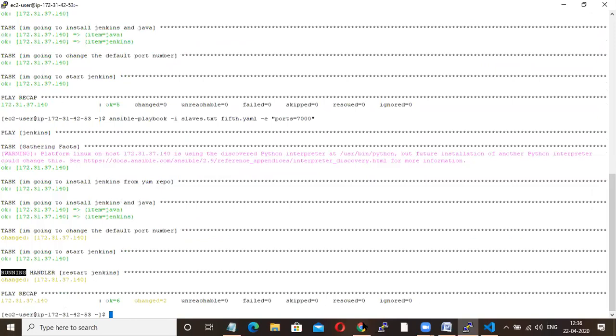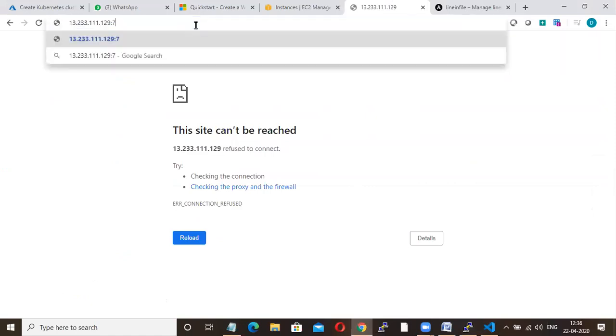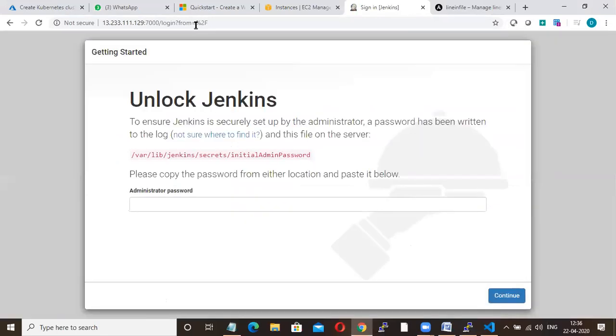Now if you go and check port number 7000, your Jenkins will be there. Understood? Clear? So whenever there is a change in the particular task only, your handler will be called. Otherwise, it will skip that handler.